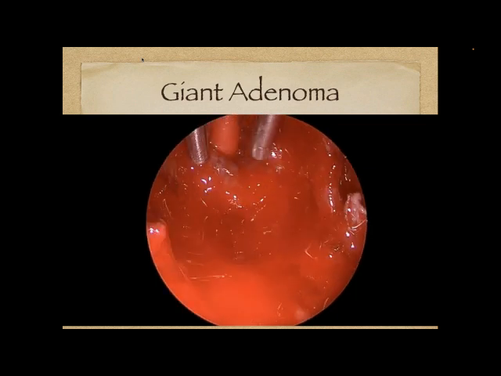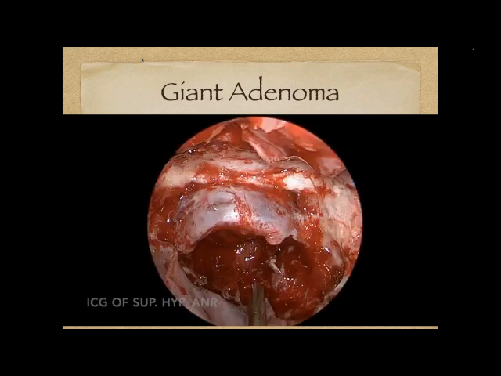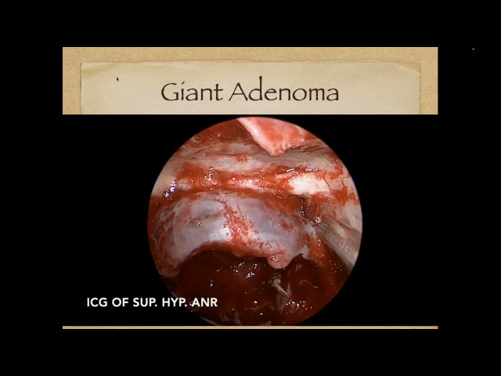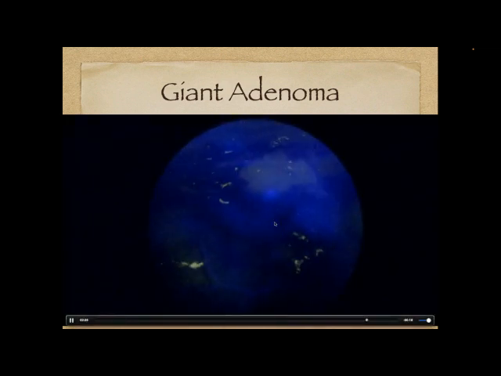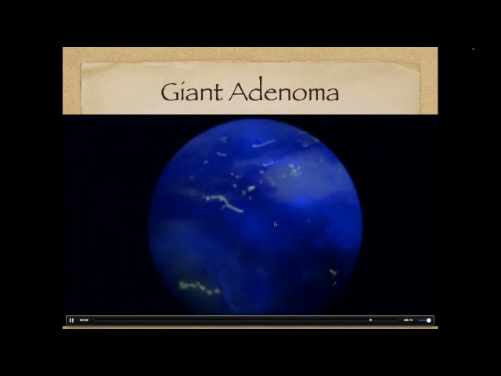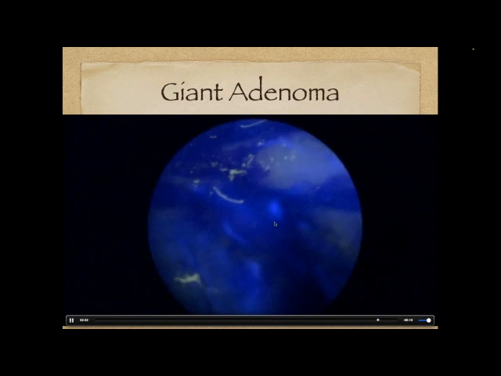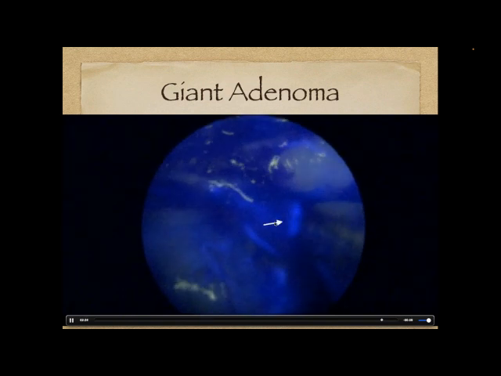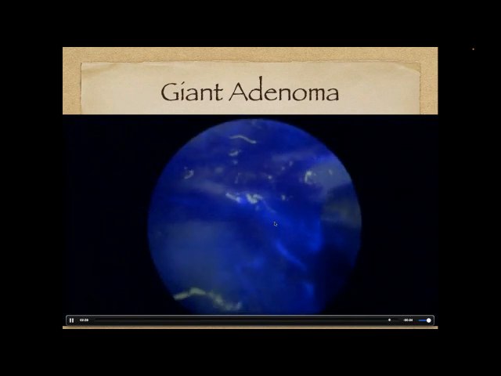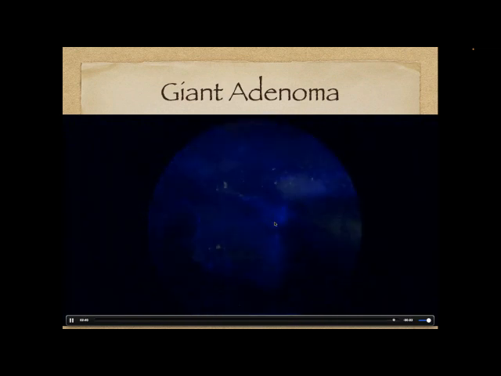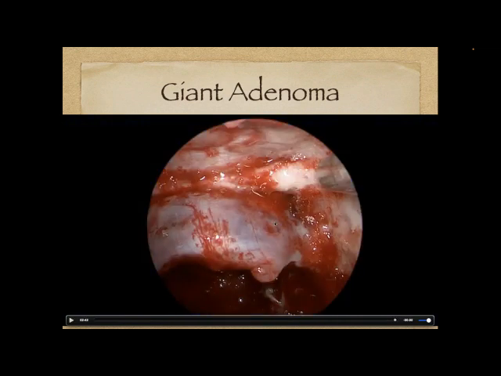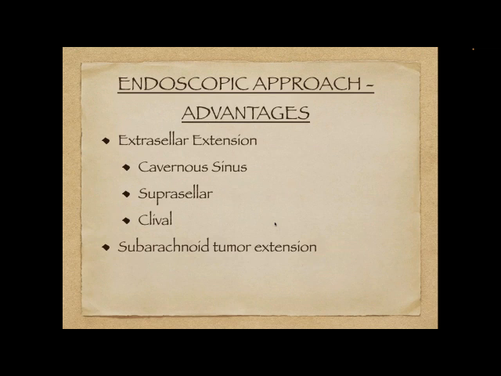Works very nicely to kind of explore this area, which is the lining of the brain that separates the brain from the pituitary. And so now here we do use that fluorescence to look at the aneurysm. And sure enough, the aneurysm is hidden in this little area between the pituitary and between the brain. And that generally means that it's safe and doesn't need to be treated. It didn't rupture. We didn't expose it to the world by removing the tumor. And so it was safe to leave it untreated.